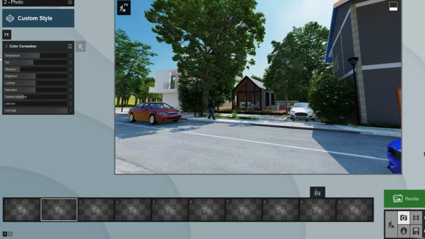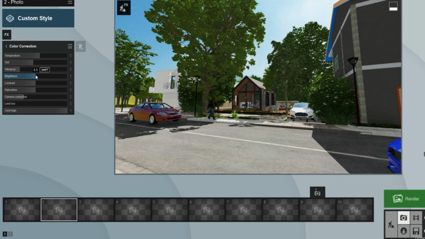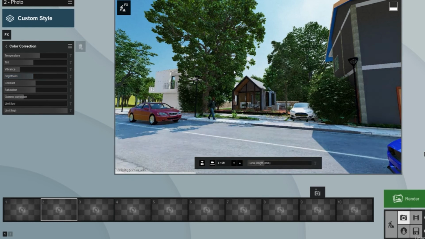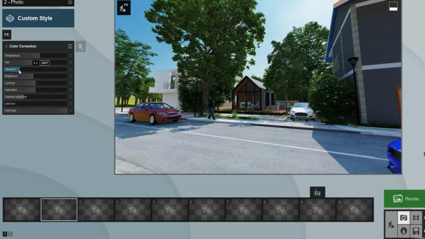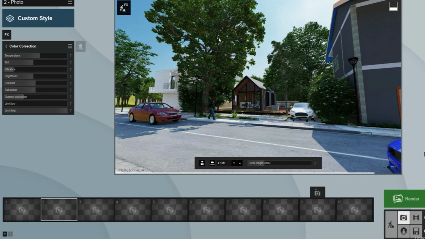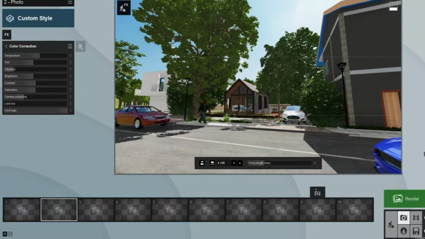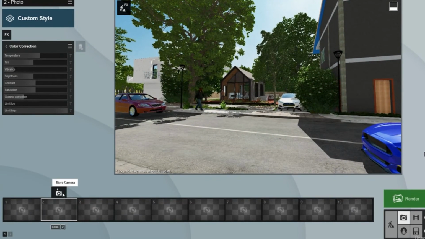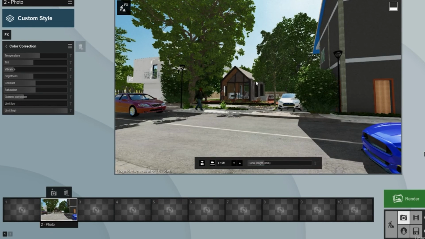These are up to your preferences, but for me, I will just reduce the brightness here like this, and I will just reduce the vibrance. Now I think that looks pretty good. I didn't save my camera angle, so I will just click here. Okay,